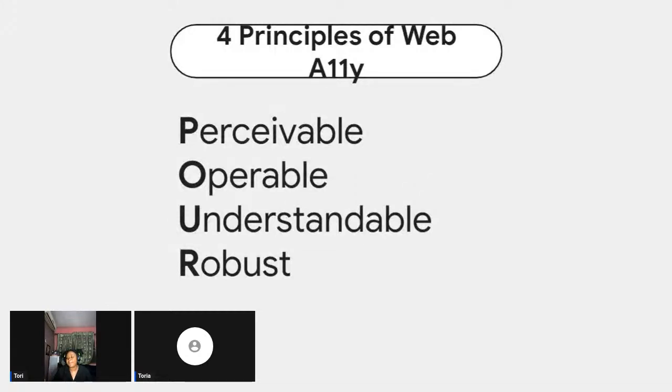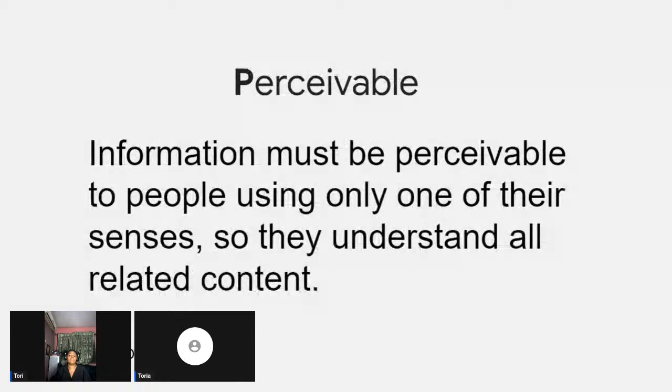It's easier to remember and it's easier to jot down, right? When you say FOR, you're able to remember perceivable, operable, understandable, and robust. Now, perceivable simply means that your information must be perceivable to all the senses and not just the sight. What does this mean? If you're building a website, you're not just building it for visual users. You should bear in mind that people who cannot see will be able to use your product.